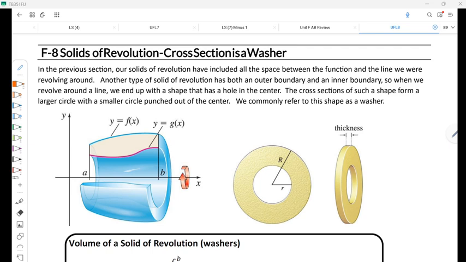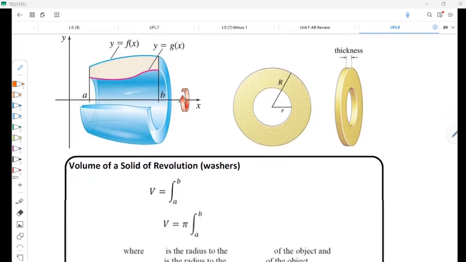So basically what we're going to have is two different shapes. If you take a cut, a cross section anywhere on the shape, instead of having a disc, which we said was a really thin cylinder, you're going to have what we call a washer, which is a really thin disc with a hole in the center of it. Because you're rotating, they're both going to have the same center, so you'll always have this setup. It really is solving two different copies of the same problem. Find out the shape filled to the middle, find out what the middle would be if it wasn't empty, and take it away. A lot of times when we do this, we use a capital R and a small r,